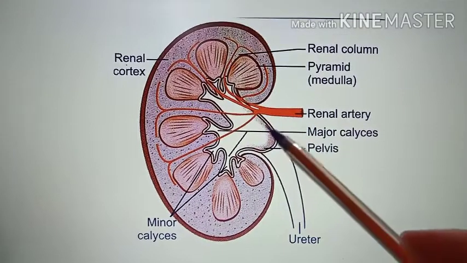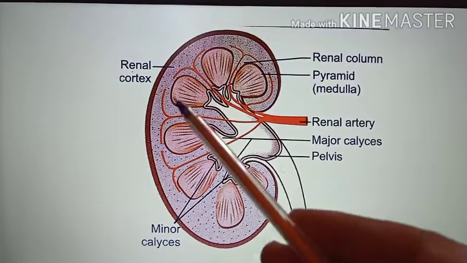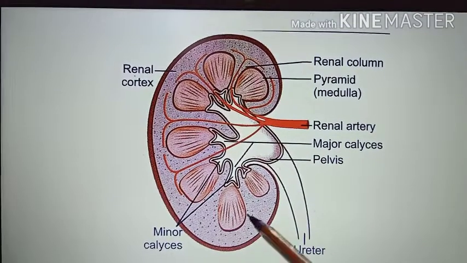The kidney is a retroperitoneal organ located in the posterior abdominal wall. Each kidney has a fibrous layer covering it, called the capsule. Each kidney is a bean-shaped structure with a convex lateral margin and a concavity on the medial side, which is known as the hilum. The structures present in the hilum are the renal artery, renal vein, and the renal pelvis. If you see the sagittal section of the kidney, it is divided into the outer cortex as well as the inner medulla.